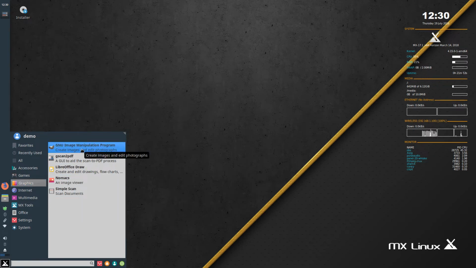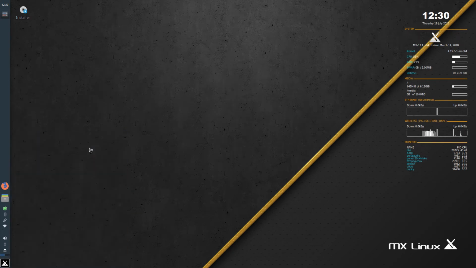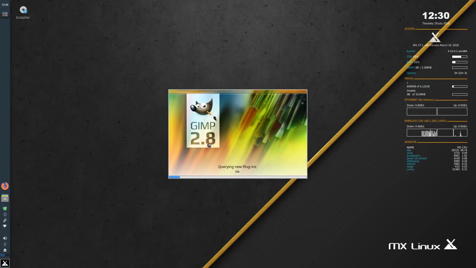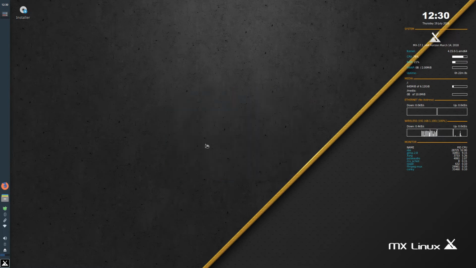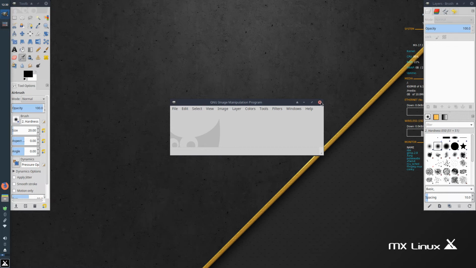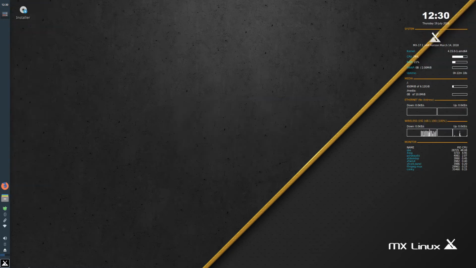GIMP, almost every distro comes with this image editor. Let's take a look at which version it is. 2.8. I think this might be the latest version. I'm not sure. Let's see. Maybe it's not. Okay, so